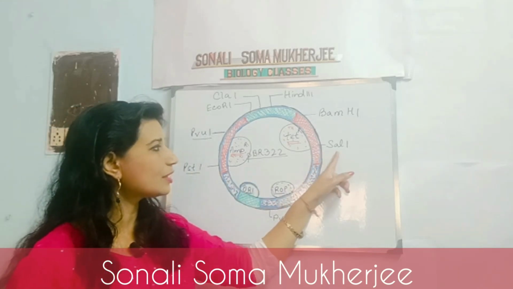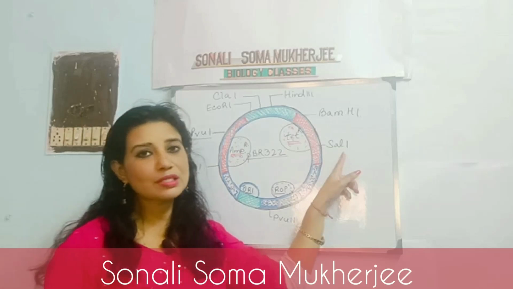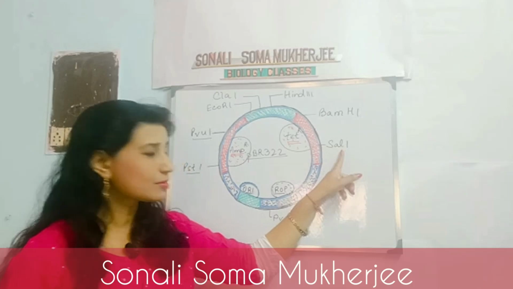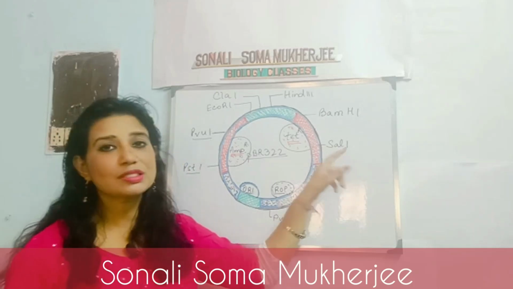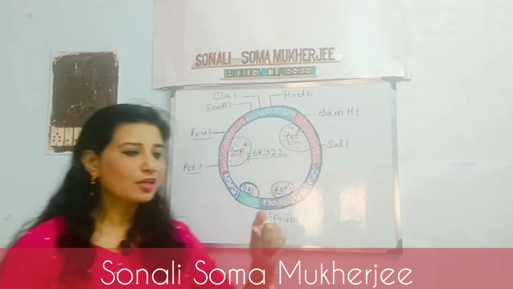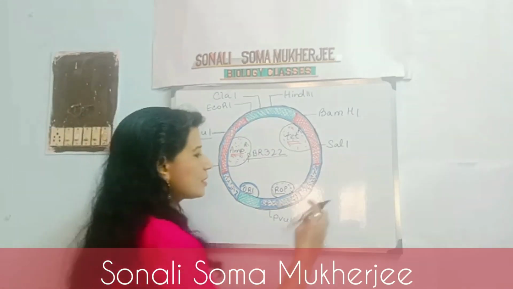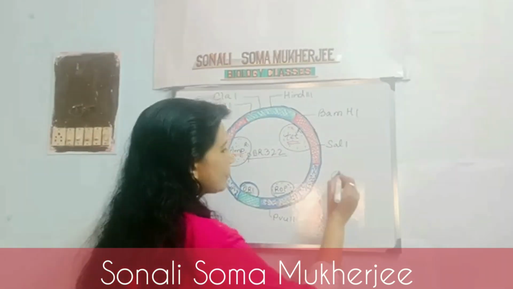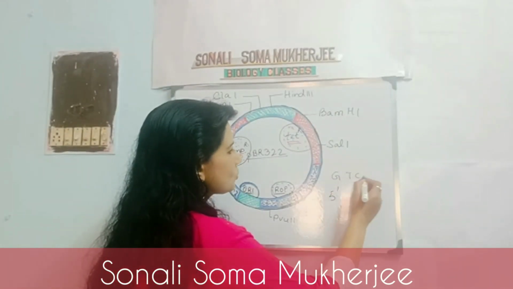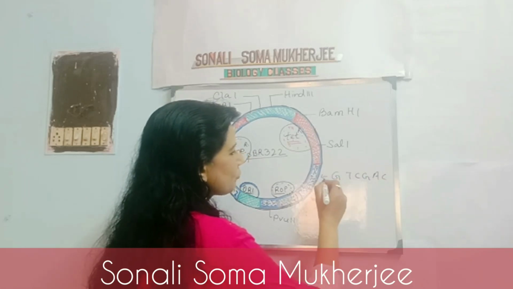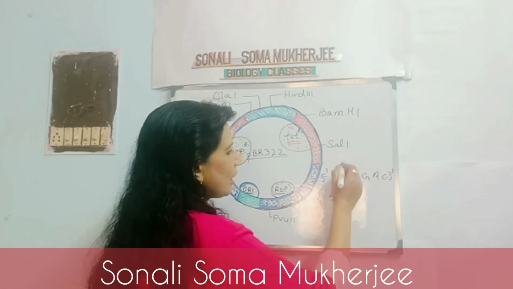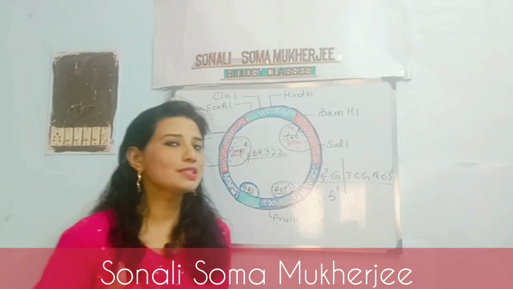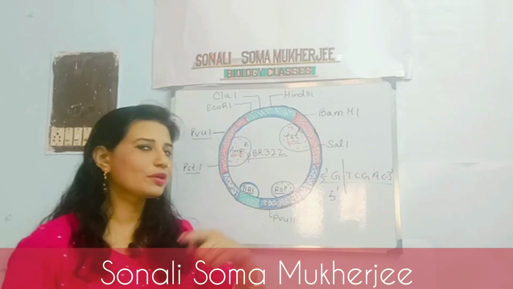Another one is SAL1. SAL1 is from Streptomyces albus G. This restriction endonuclease is used in molecular biology, where you will find the cleavage point is somewhere at the 5' cohesive site. The pattern is actually G, T, C, G, A, C. Here it is the 5' and here it is the 3' and it cleaves here. The pattern of cleavage, that's why when I was doing the lesson on restriction endonuclease, I think if you have forgotten, just go back to that lesson.